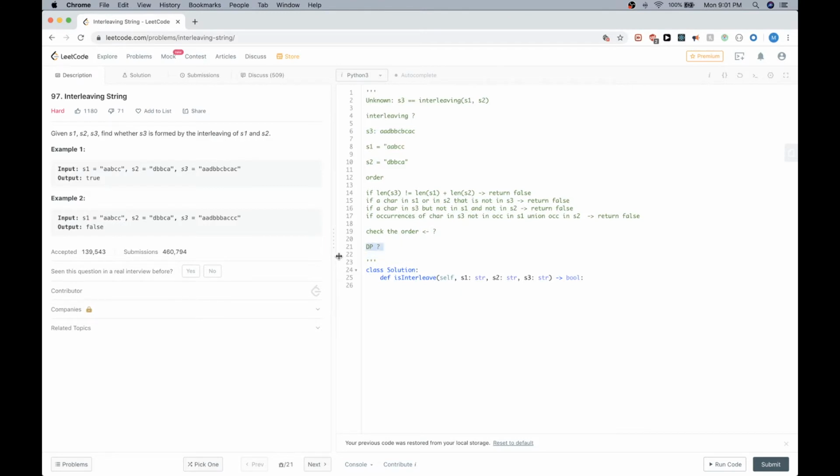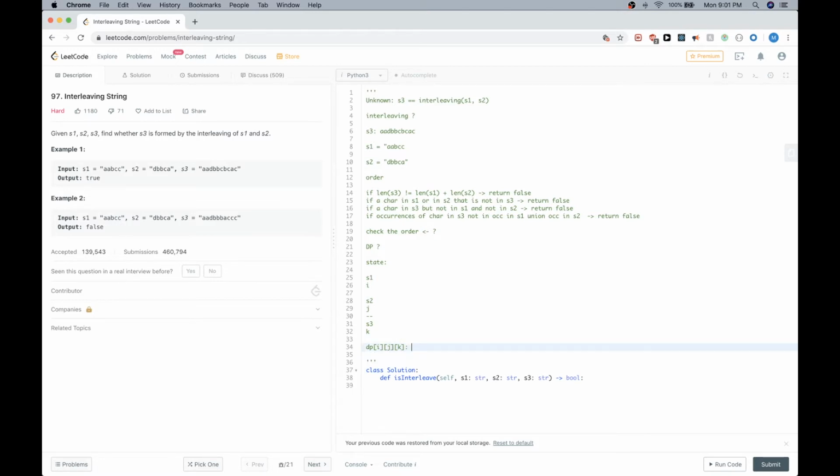Okay, so actually I'm thinking maybe we can use dynamic programming to solve this, right? So if we want to use dynamic programming, we need to come up with a state that solves the problem. So to do that, we need a couple of variables, right? So we have 3 strings here. We have this, and then we have the one that should be a result of interleaving both, right? So we need the substring ending at i for S1, and then we need the substring ending at j for S2, and then we need another index for the ending of S3, so we need k. So we need some kind of DP function based on these 3 variables, i, j, k, which basically would mean